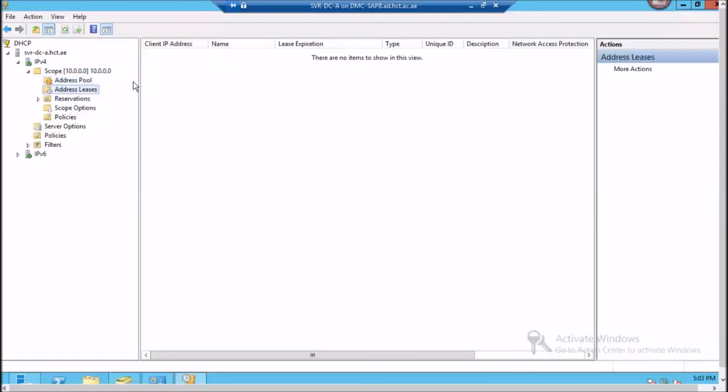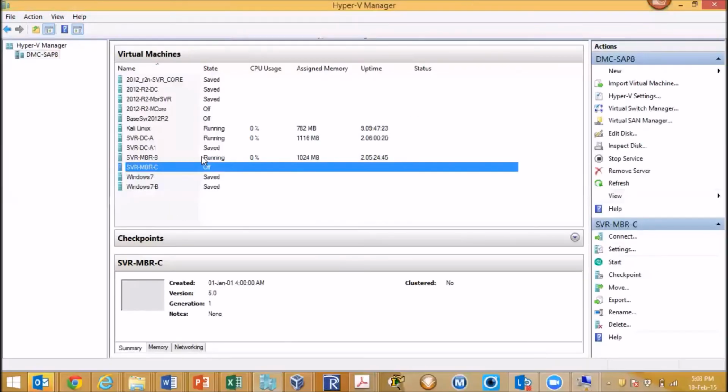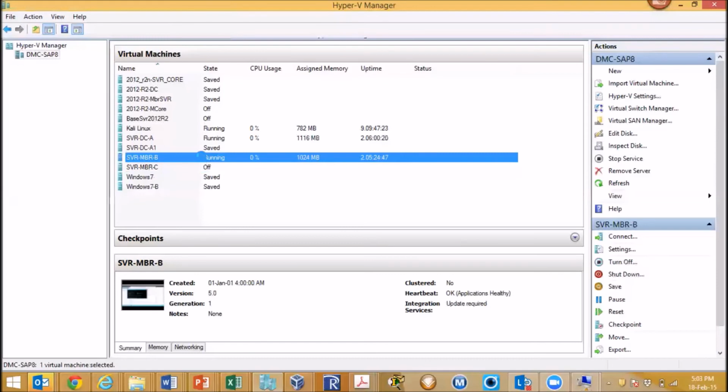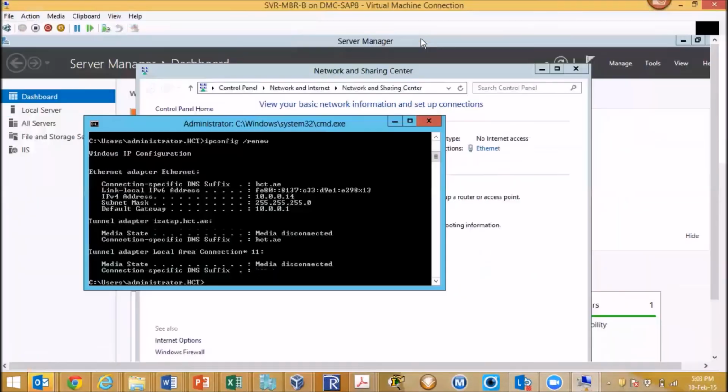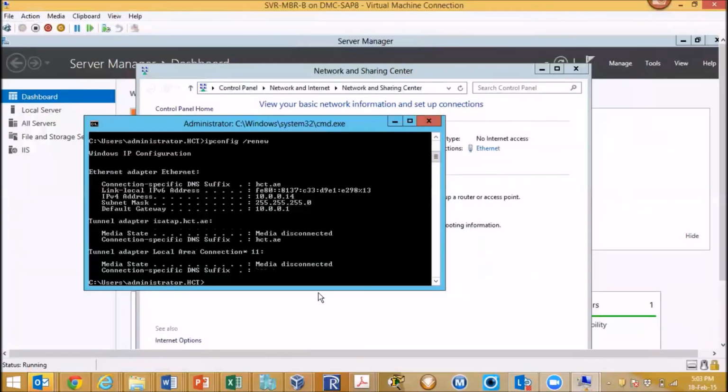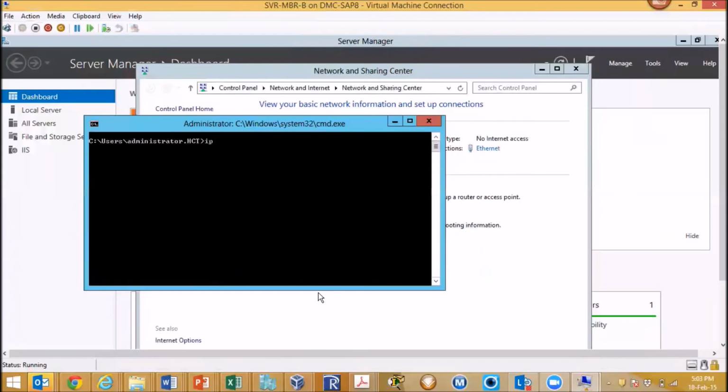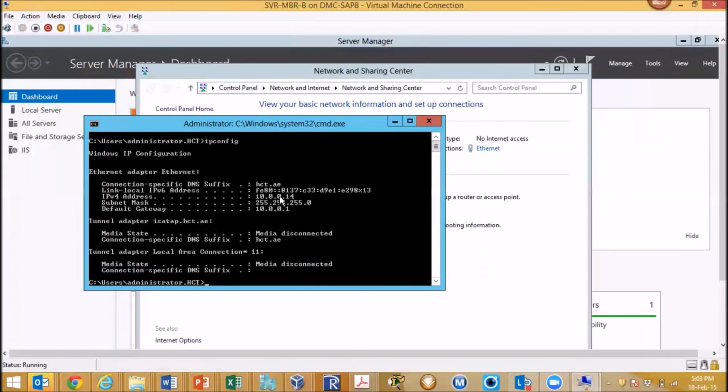Fine? Okay, now let me open my second machine. That is MBR B or C. It doesn't allow me to go. Okay. I go to the Hyper-V manager. I go to the second machine. It's already running. Okay, I have it here. So let me just check the config. This was 14. Which IP address was I supposed to get? 6. I didn't, yeah? Perhaps this is the IP address it would have got from the previous server.